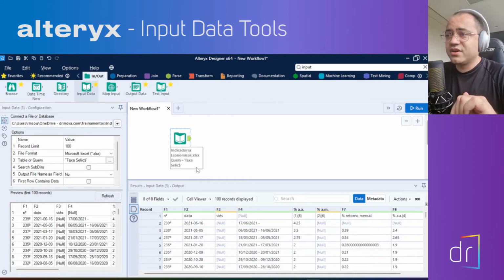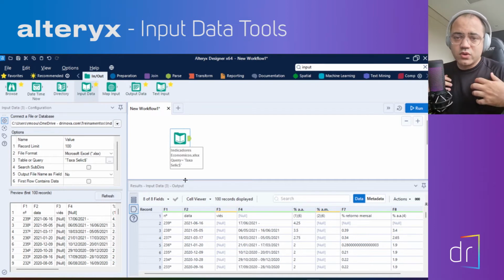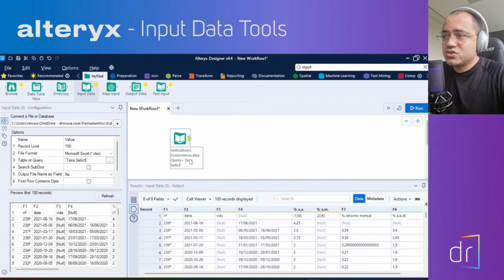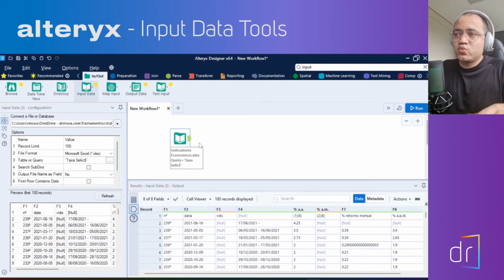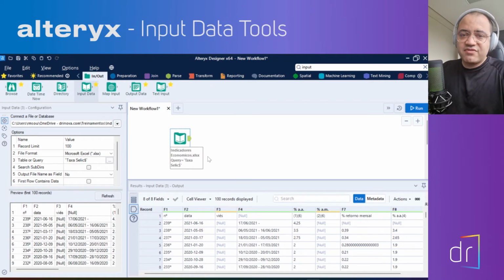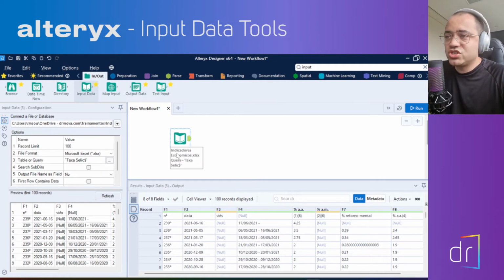Okay, we now have an option to document our workflow. We need to change this information below here to information that is more exact and specific for someone who will use this workflow after me. Something more understandable for everybody, right? So how can we change this information over here? We can just click